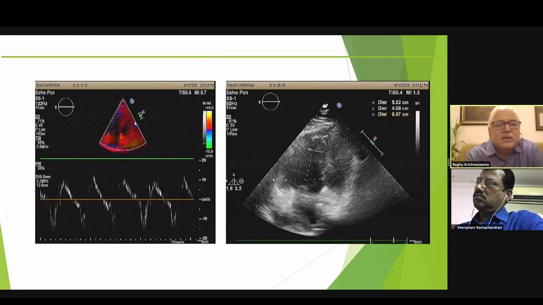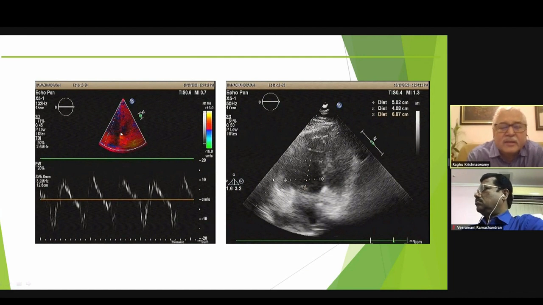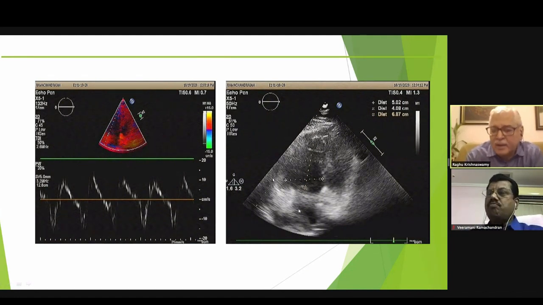Now, if you see the right ventricular TAPSE, that is the TAPS S', as some people label it, the systolic annular velocity of the right ventricular free wall, it is more than 10, suggesting that the right ventricular contractility is quite good. But definitely, if you see the basal and mid measurements, the RV does seem dilated.